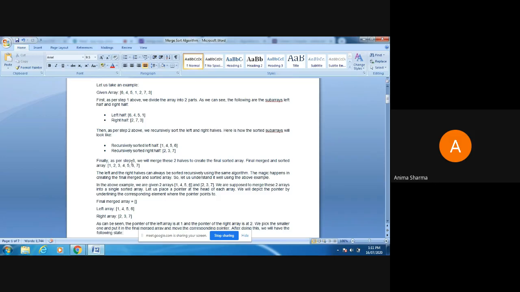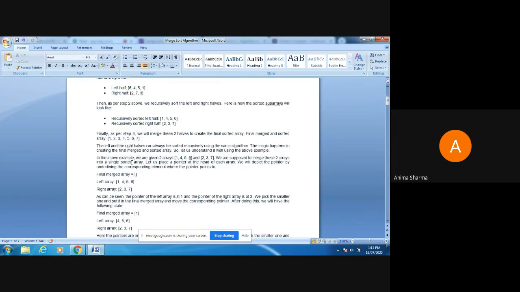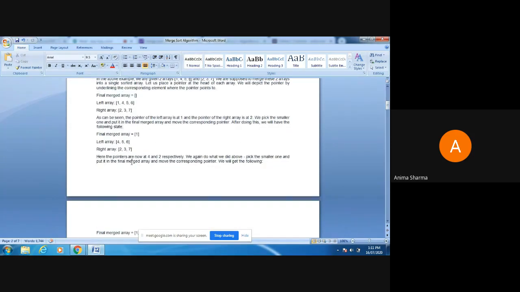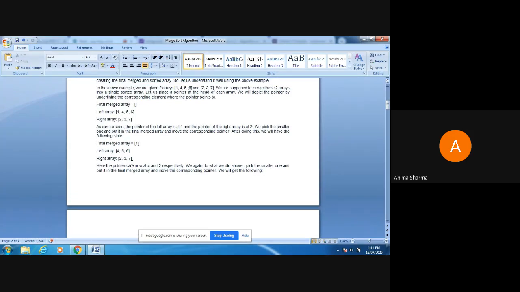Now let us understand in more detail how this is performed. In the above example, there are two arrays we have divided, that is 1, 4, 5, 6 and the second is 2, 3, 7. We have to take a finally merged array in which our result is sorted.